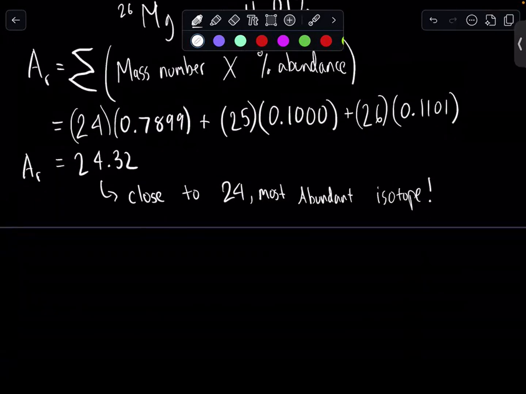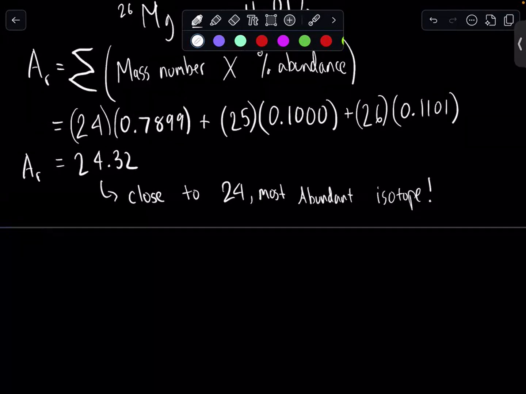So this is the end of the lesson, but what I'm going to do at this point is go over two examples. So if you want to stick around and do the examples, please feel free to. If you want to pause after I write the question and solve it yourself, please feel free to do that as well. So going through examples, number one, bromine